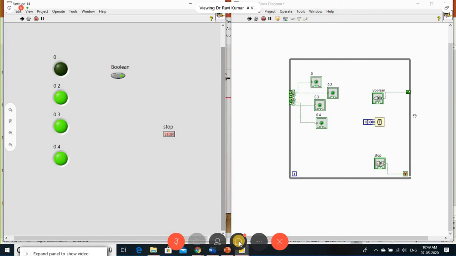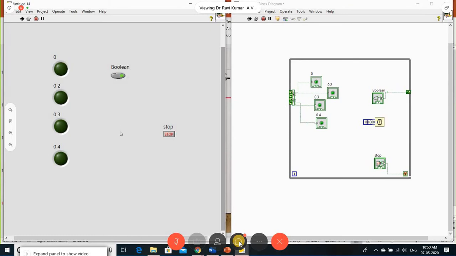Okay, first 0 is coming, so 0 comes to the next iteration. Now I made it 1, and 1 comes to the next iteration. See that? You can see that true is coming here, and that value is shifted to the next shift register. Likewise, the data keeps shifting. Now I made it 0, and 0 is shifted to the next iteration. So this is your present value, and in the next iteration it comes here, and this value is shifted to the shift registers. So this is how I can use the shift register.